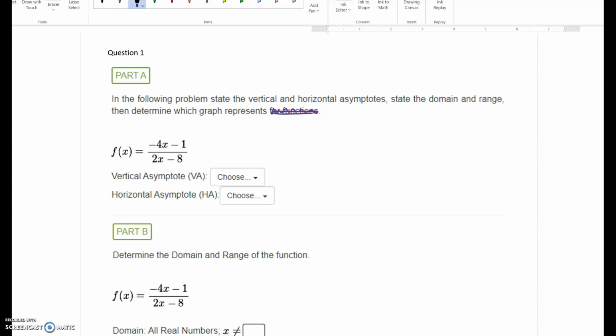Okay, the vertical asymptote is where the bottom of the fraction equals 0. So you may want to make note, the vertical asymptote is where the bottom equals 0, the x value that would create a 0 on the bottom. So you really need to take this 2x minus 8 and put it equal to 0, and then solve that and get 4. So if x is 4, the bottom would equal 0, and that can't happen, so your vertical asymptote is x